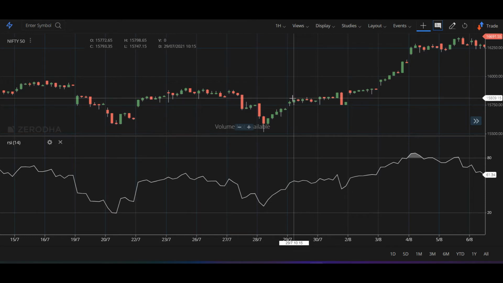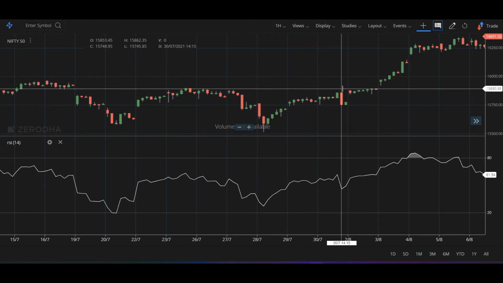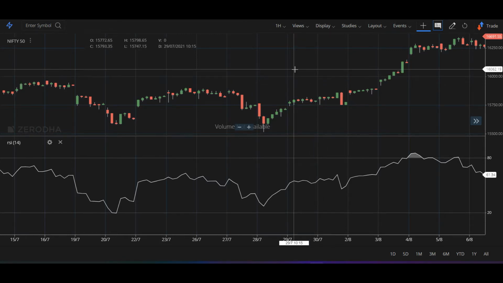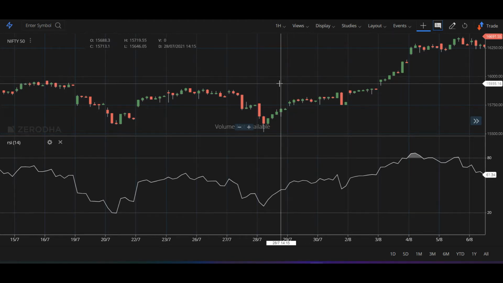Today, I'll explain how to find support and resistance with the help of RSI. It's a different, unique method which we can use for our support and resistance analysis. You can continue using your other support and resistance methods which you had earlier. But what we are trying to find out is a little unique, so you need a little practice to work around these particular things. So let's get started quickly.